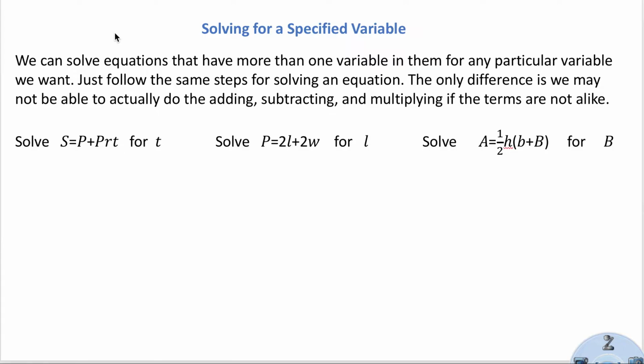We already know how to solve equations, right? Linear equations. Turns out we can solve equations that have more than one variable in them for any particular variable we want. Just follow the same steps for solving an equation. The only difference is we may not be able to actually do the adding, subtracting, and multiplying if the terms are not alike. For example, let's put numbers in here, and let's say we had